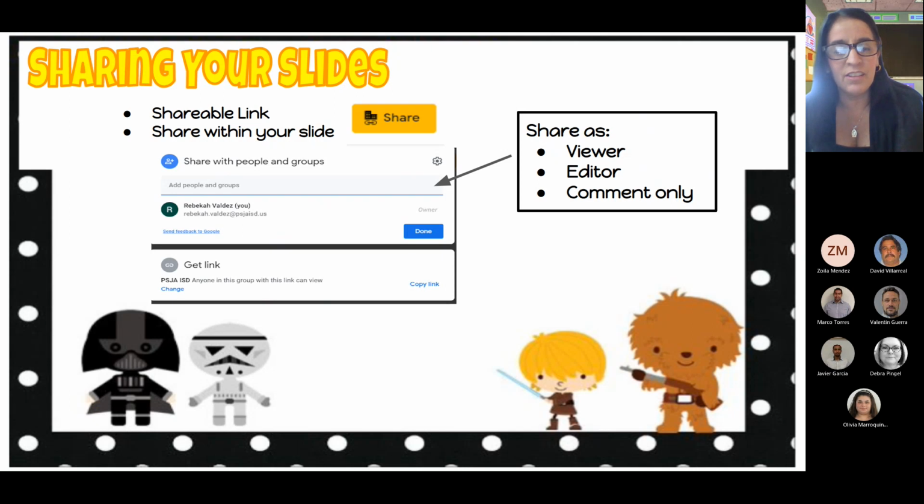You can get a link, and you can paste that link into your email if you're going to share it with a coworker. Or you can share directly if they are within the district. You can type in their PSJA email, and you could share it with them. You can also